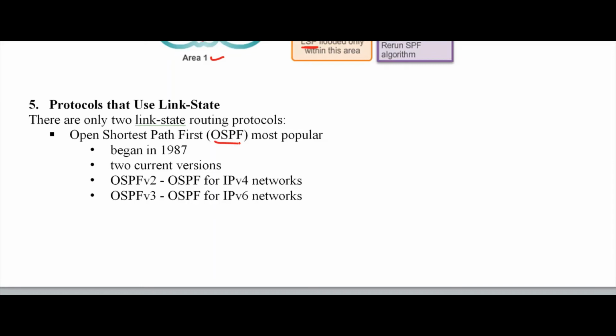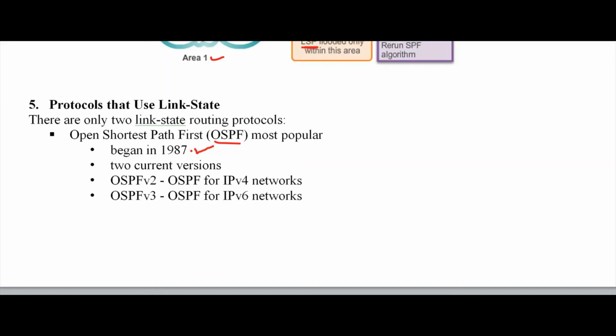This is a very interesting and popular protocol, and one of the important protocols as far as routing is concerned. It was introduced in 1987, nearly 30 years ago, and we are still using the OSPF protocol.